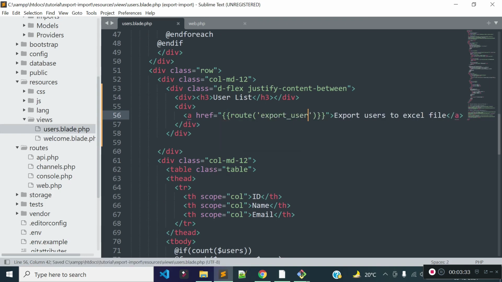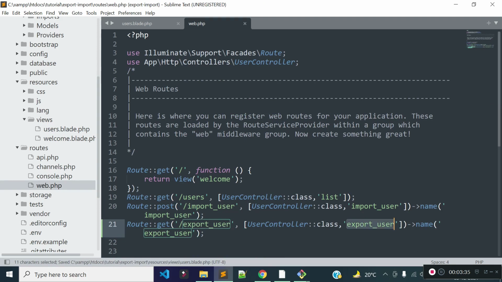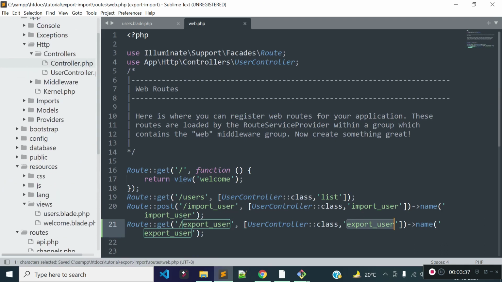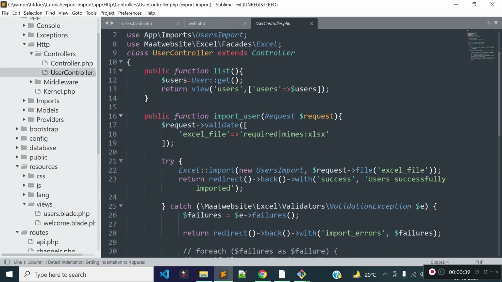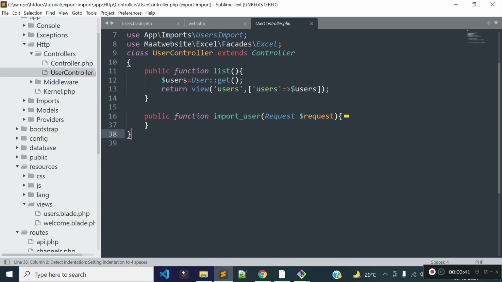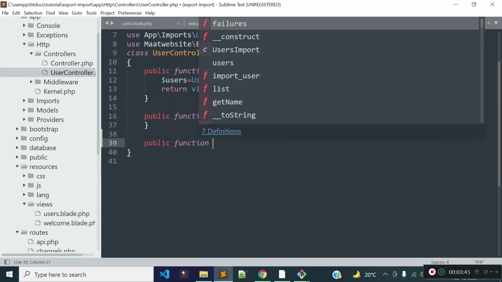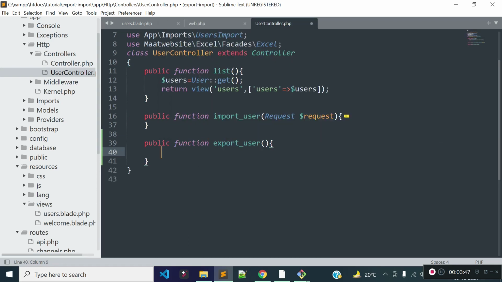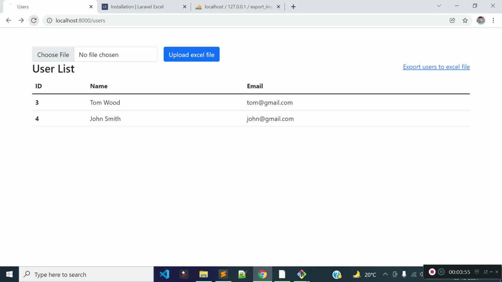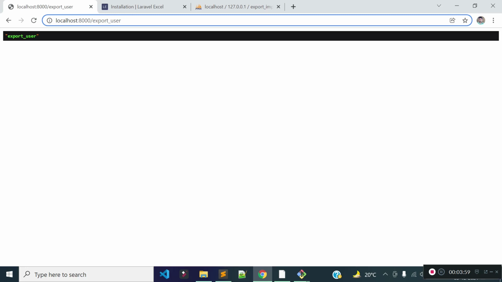Now let's open our user controller and generate a method called export_user. For now, let's dump and die a message export_user from here. Now if I click on this link, you see we are redirecting to this URL.